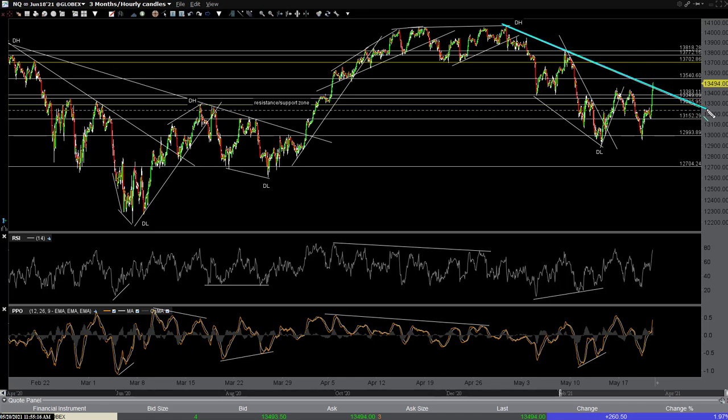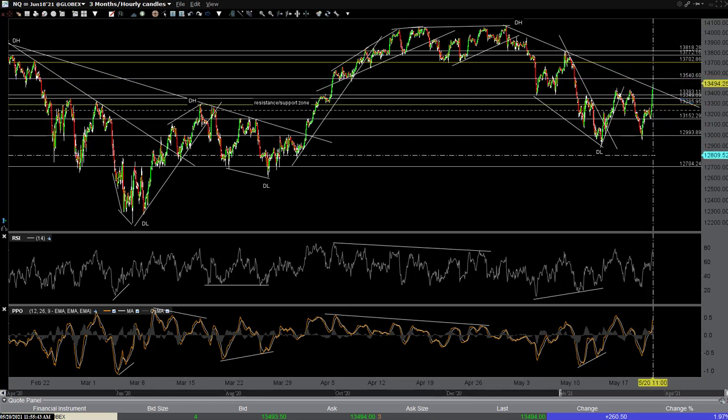Here is the NASDAQ 100 NQ, and just like QQQ, we did have 2 reactions. The high right there and this reaction, although right now if we reversed and closed this 60-minute candle down there, we are going to have a reaction on that trend line if we reverse and start to move lower. So there's one to watch. Resistance just overhead at 13,540, and let me zoom in a little tighter there.